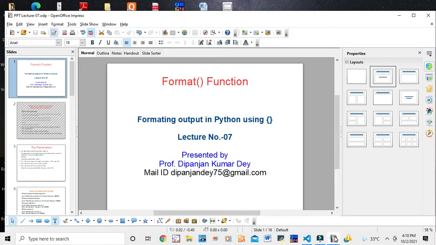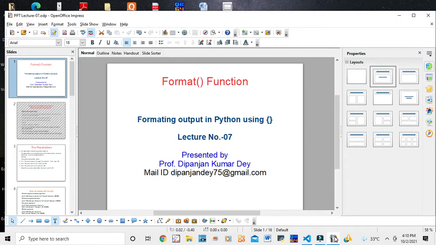This is lecture number 7. The learner will be able to understand the various format functions like single curly bracket and multiple curly bracket usage.